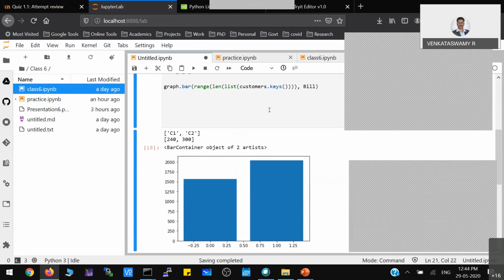Ideally it would be pushed to the database, but I'm just demonstrating. If some officer asks you to write a program to print the graph of all the customers' bills, then you just have to write this particular program. So that is how you can do it. Similarly, how we did x label and y label, you can also give here.